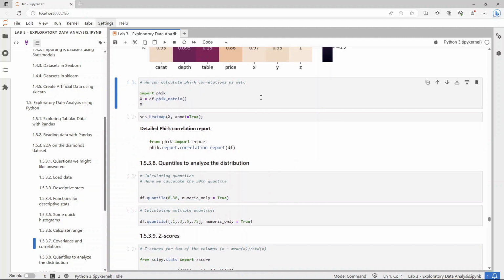All right. Now, you can also calculate the phi k correlations as well. This is something we covered in the higher level video. And this allows you to calculate correlations between all kinds of variables, whether they are categorical or numeric. The only downside is that the calculation results in a number which is between 0 and 1. So you can't find out the direction of the correlation, but it gives you a good sense of whether there is association between the different